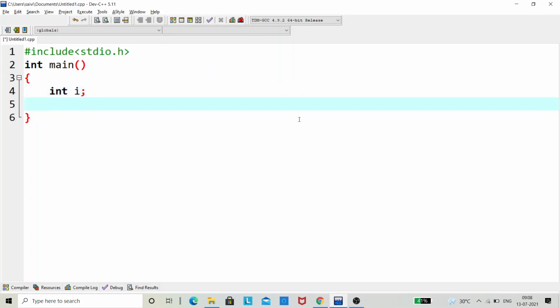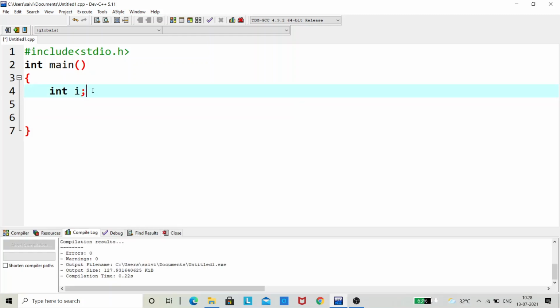First let's perform post increment and pre increment operations. Pre increment operation is nothing but before assigning the value to the variable, the value is incremented by 1. Post increment is opposite to that. After assigning the value to the variable, the value is incremented by 1. Similarly, there are post decrement, pre decrement, like that stuff. First we are going to discuss this pre increment and post increment, how to experiment it with compiler.